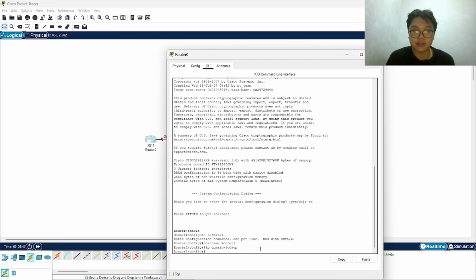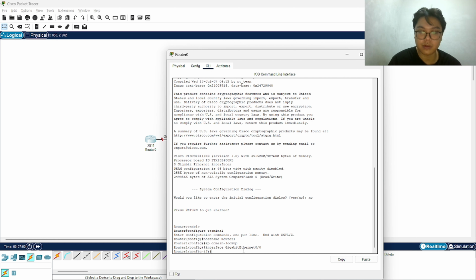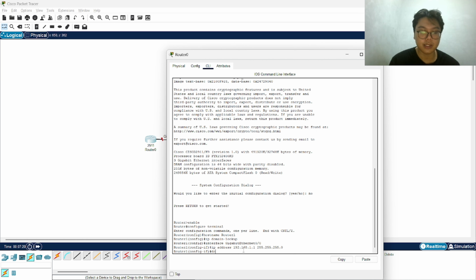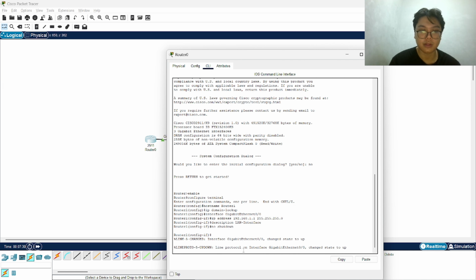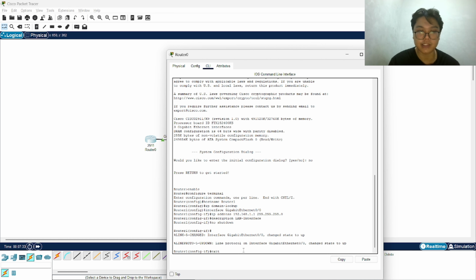So, interface GigabitEthernet 0/0, enter, and then ip address 192.168.1.1, then the subnet mask 255.255.255.0, and then description LAN interface, no shutdown. Okay, that's successful. Enter again, then exit.